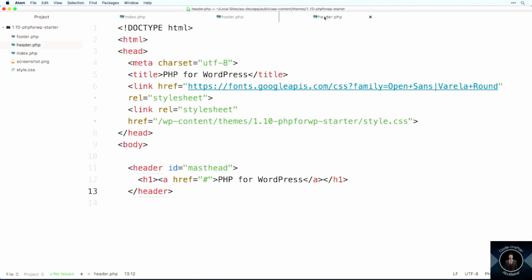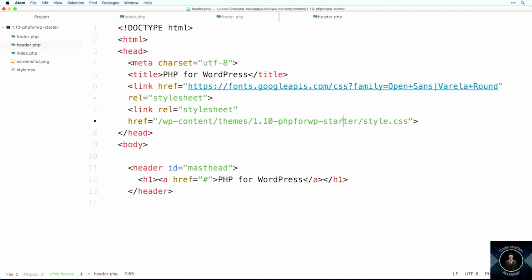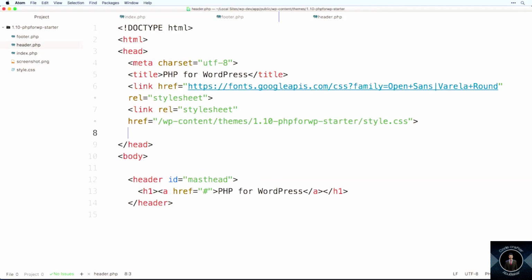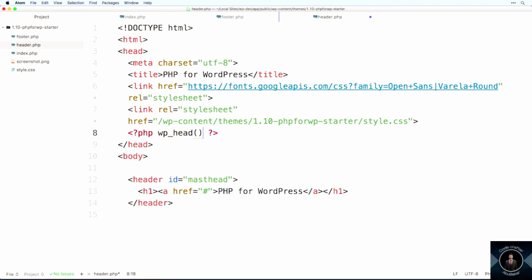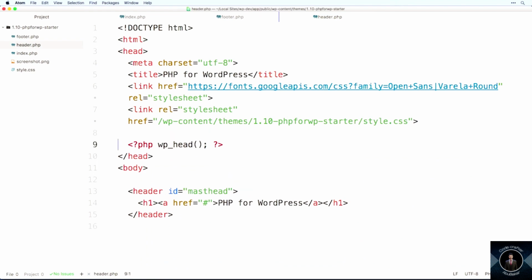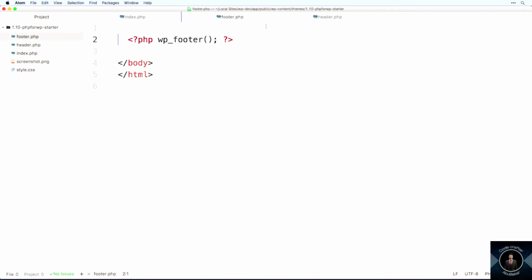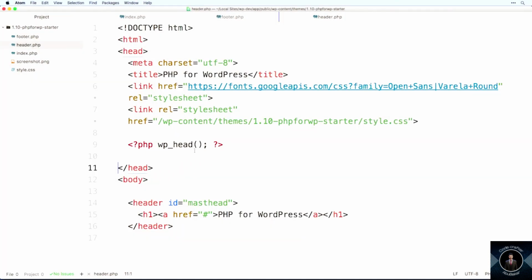I'm sorry, let's come into our header and see what other kind of magic we could work here. So one of the things I will mention, we're going to get rid of how this is being loaded in a few videos here, actually really quick. But for now, we'll leave it in, and I'm going to add another piece of code that will eventually allow us to pull our CSS out of being hard-coded there, and that is WP head. And what this allows is, just like in WP footer, this allows WordPress to hook in